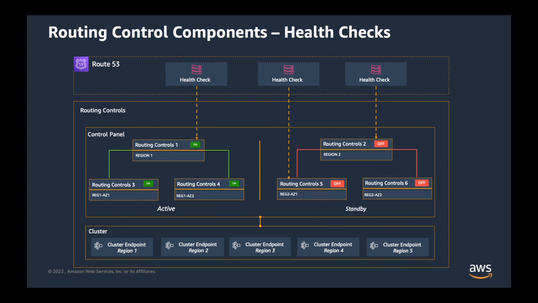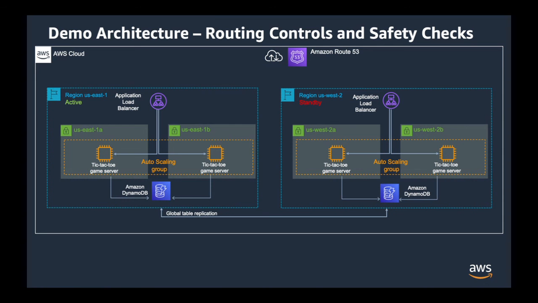Routing controls can be integrated with health checks in Route 53. The health checks are associated with DNS failover records that front each application replica. So this lets you control traffic to your replicas by updating those routing control states. Another note here is that these health checks are not actually triggered by health, but by the routing controls themselves, which are managed by you, the AWS customer, and I'll show you that shortly.